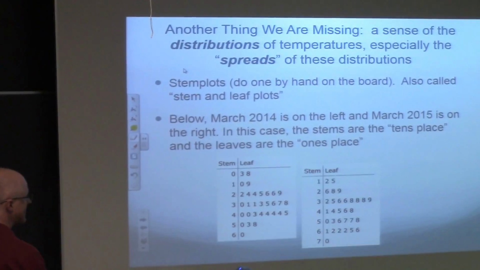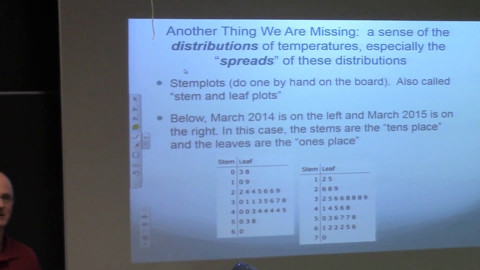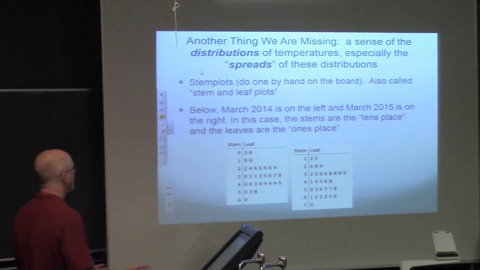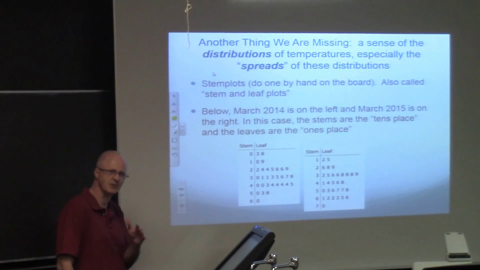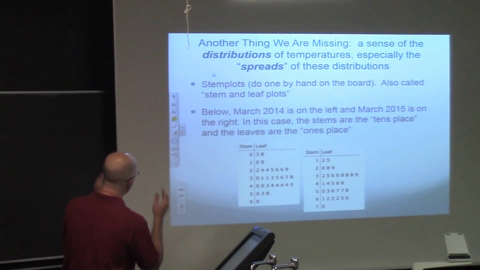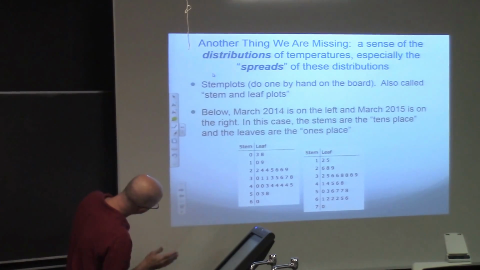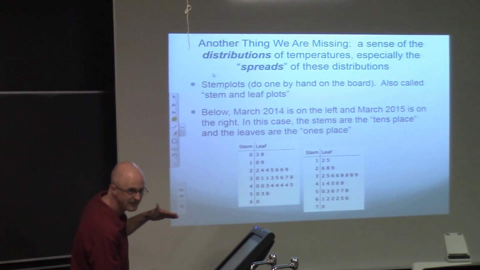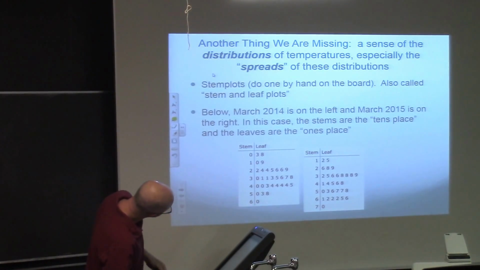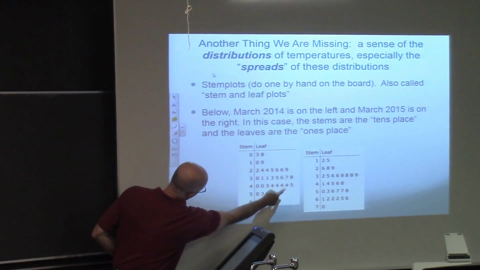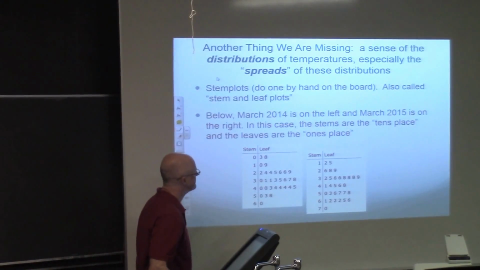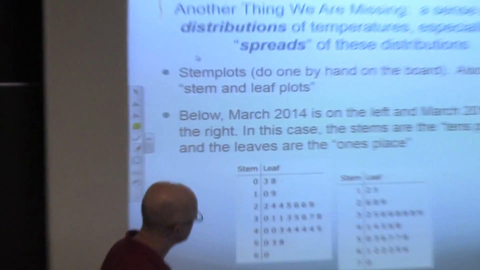We also talked about stem plots to see the distribution of these data. They have distributions. It's more than just the mean, which is a measure of central tendency. There's also spread. Again, you want to look at these stem and leaf plots, or stem plots for short, with your head sideways and sort of see a graph. That's the point of trying to line up these digits, is you're trying to see the distribution. In this one, you see a pretty clear bell shape, again with your head sideways. In the second one, for 2015, it's a little less clearly a bell shape, kind of.